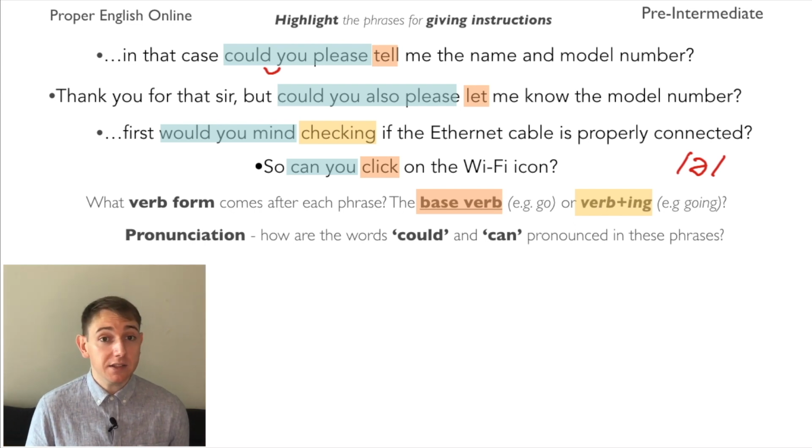Okay guys, so we've learned these phrases here for giving instructions. These are quite polite phrases. It's nice to say. People will think you are being polite if you say it this way. However, in the conversation,